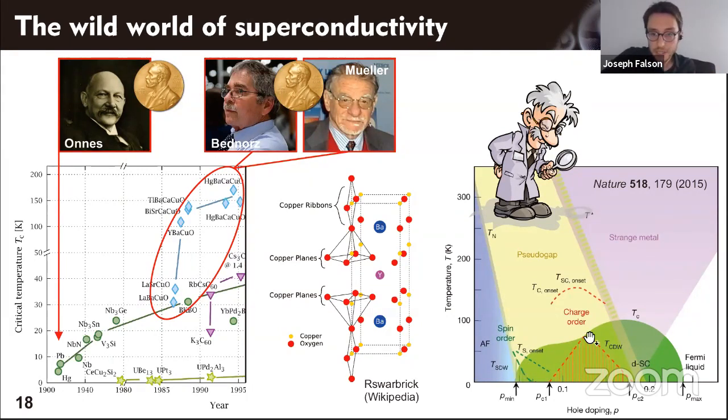The blue area is the superconducting area, and you see all these different shaded colors. This is antiferromagnetism. This is pseudogap. This is what we call a strange metal. This is what we call a Fermi liquid. These are all distinct emergent electronic phases that come out from interacting particles that you can't just explain from looking